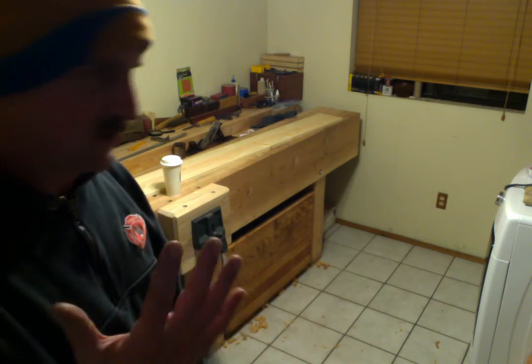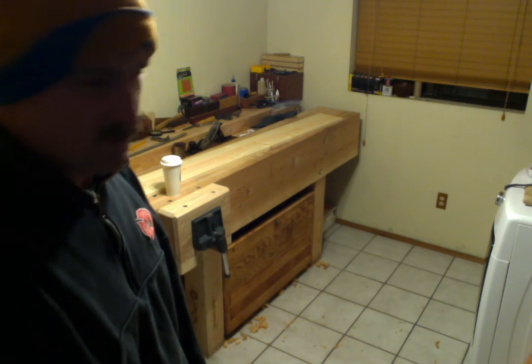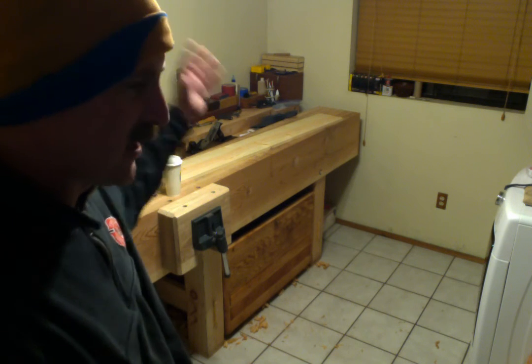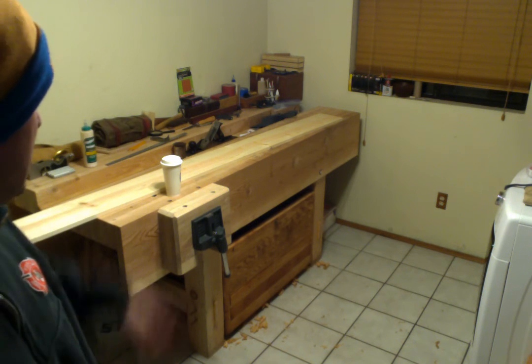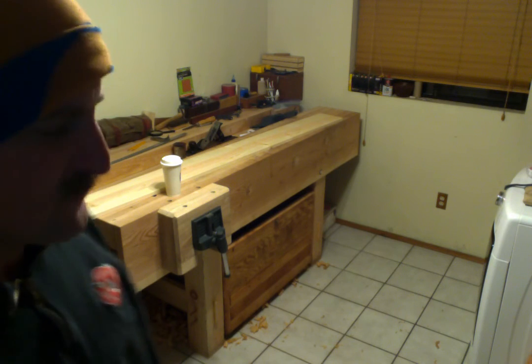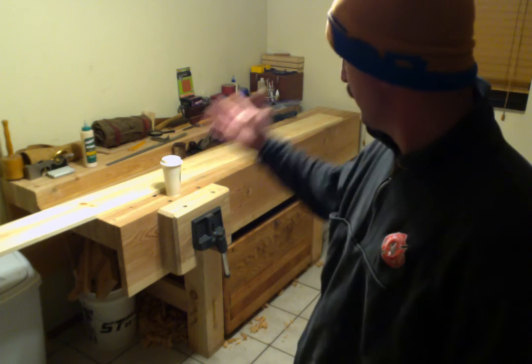Built the bench, restored the forge, restored an anvil, restored the blacksmith vise, built the bench outside, built this bench in here, restored a ton of tools. I've made a ton of tools, mallets, winding sticks. I mean, you name it, I've made a lot of tools. Restored a couple of saws. Man,